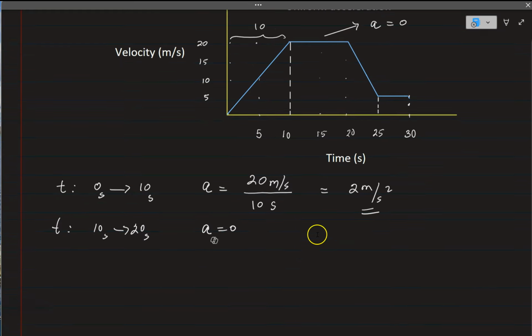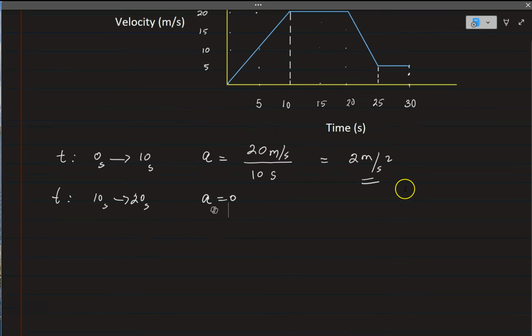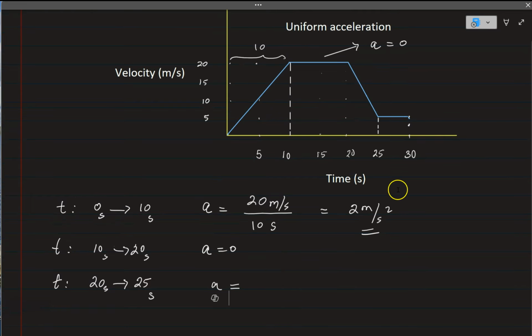Okay. But then let's look at between 20 and 25. Well, between 20 and 25, it's very simple. Again, we're going to rewrite it. A is equal to, now this time, rise over run. So we are at 20. So we're going to go down from 20. We're going to drop down to 5, right? So we are coming down between 20 and 5. Now, because we're coming down, that's negative 15. And remember, another way of writing it, you can do it like this: V final minus V initial divided by